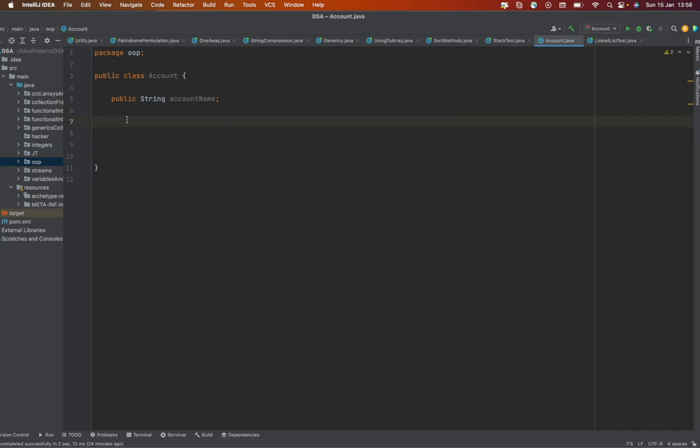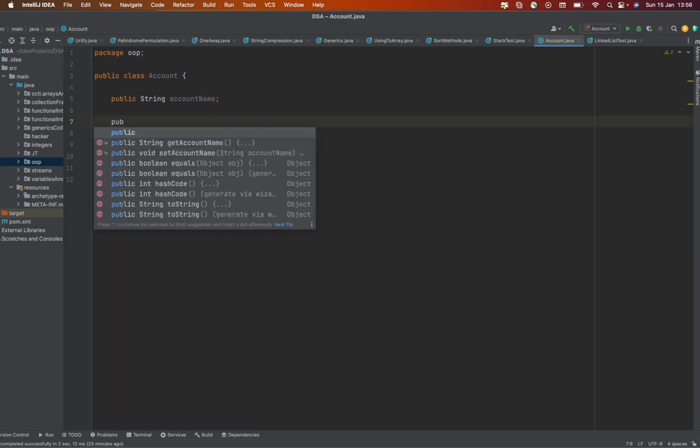Okay, so another point to get started. The next thing we'd want to do is to create a method, right? This method will enable us to create an account name, and then I would also need another method that would return or fetch the account name of a person who has created an account. So to do that, the first thing I need to create is